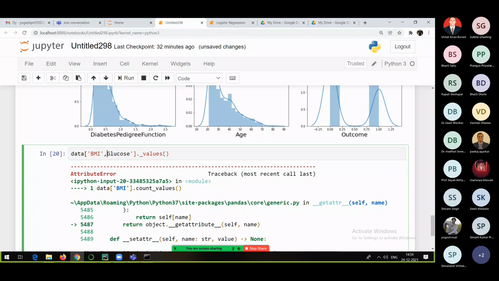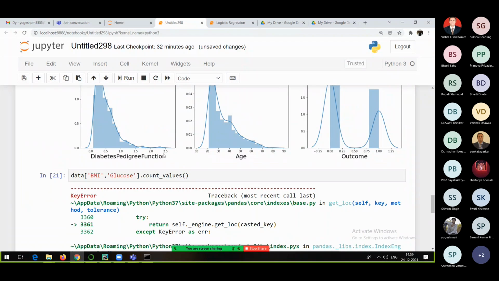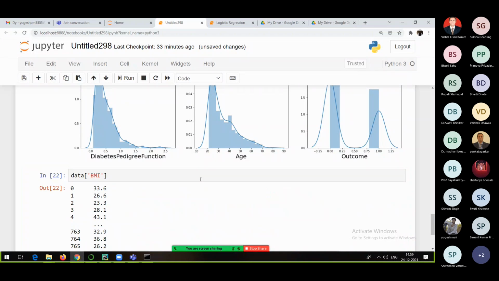I'm just checking it. Anyway, the body mass index data has zero values.